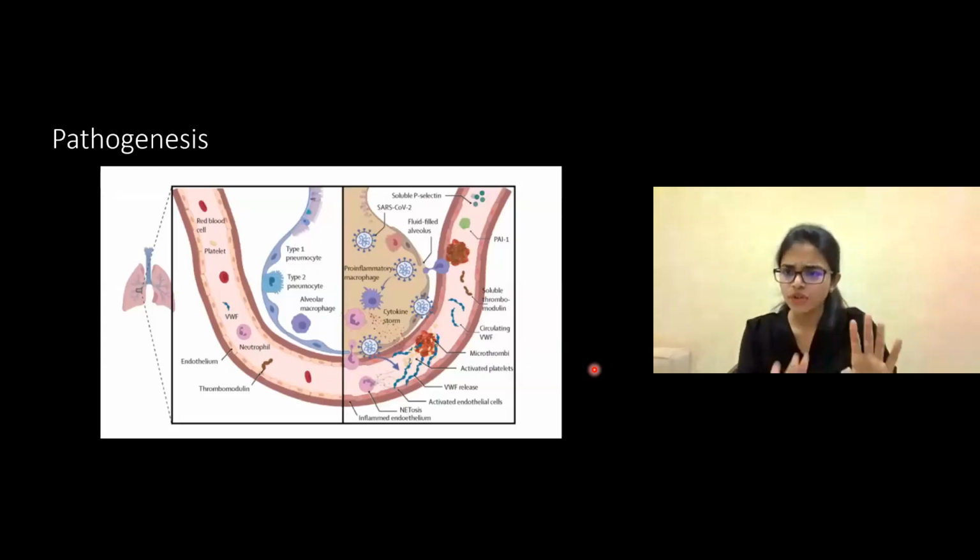So let's briefly go through what happens. When the virus enters the alveoli, it goes and attacks the type 2 pneumocytes. Okay, so that is going to release a number of pro-inflammatory cytokines. These cytokines will in turn cause activation and damage of the adjacent capillary endothelium. And this endothelial damage is going to trigger formation of microthrombi. Apart from that, you're going to have some amount of vasodilatation, and there is going to be enhanced vascular leakage.